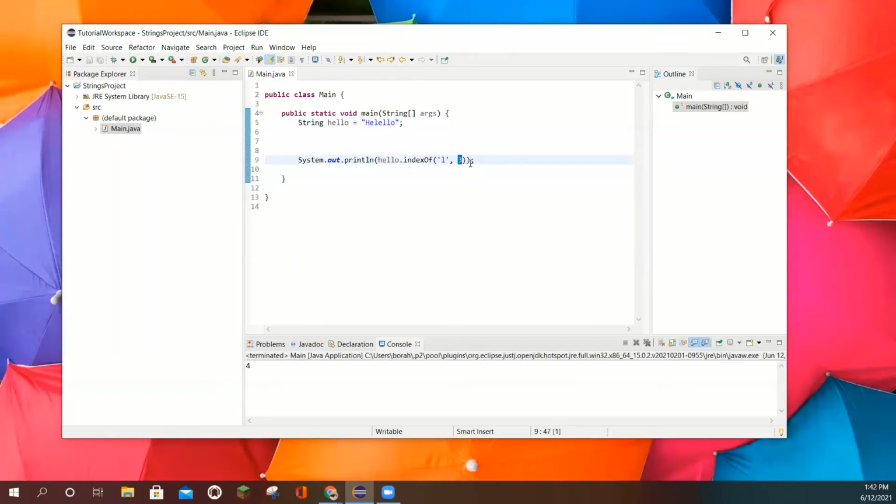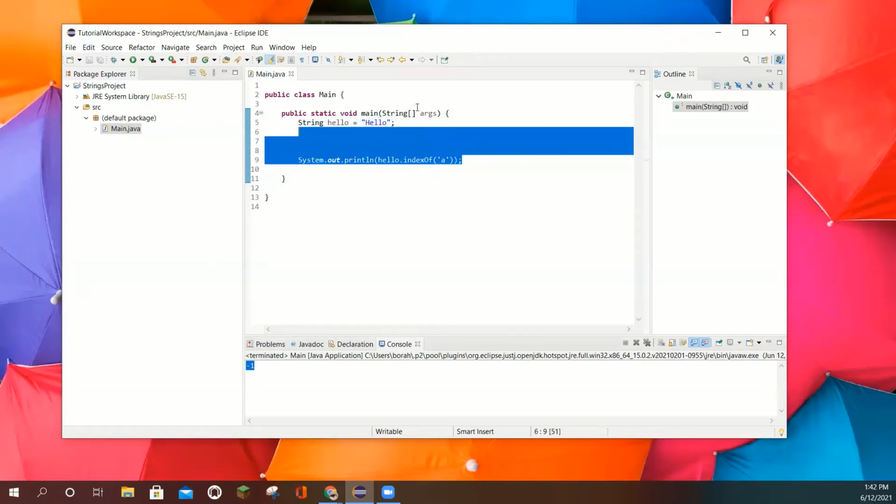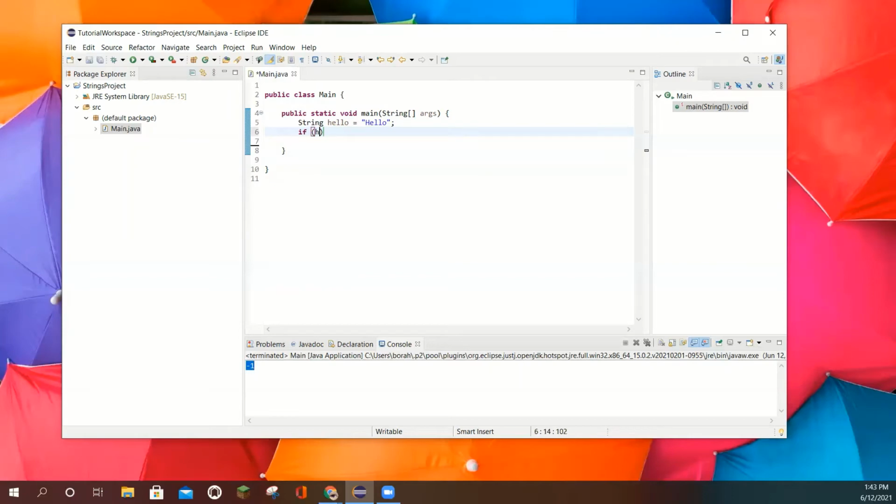Now, what happens if you try to find a letter that's not in the string? For example, if I want to find an A, it'll return the index -1. What this means is that this is how you can check if a letter is not in the string. So, if hello.indexOf A equals -1,